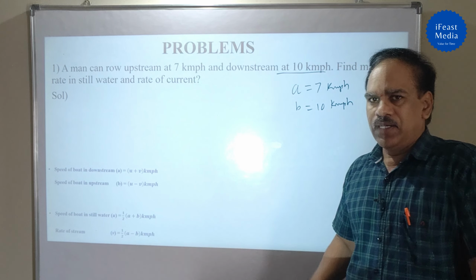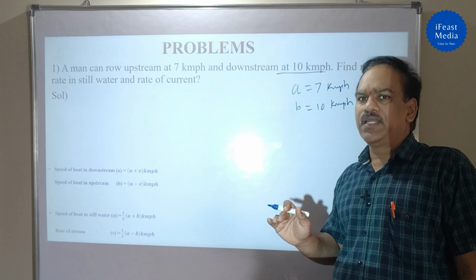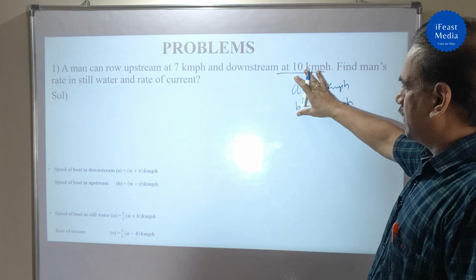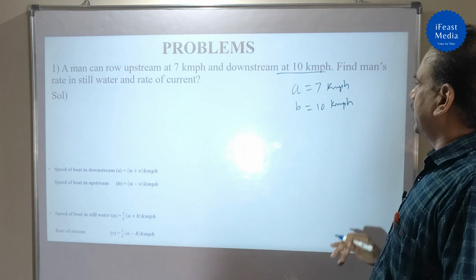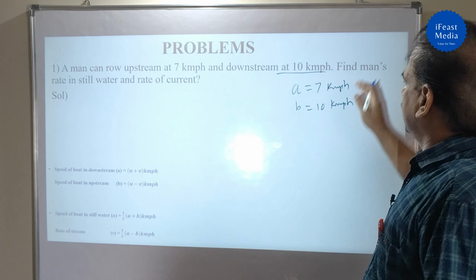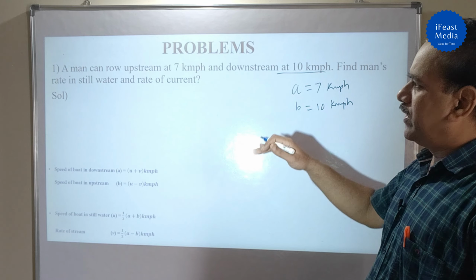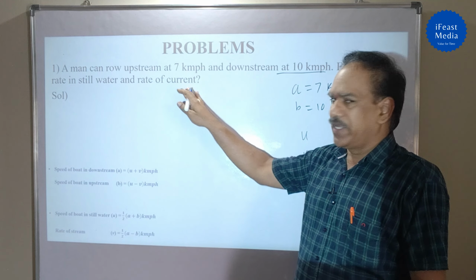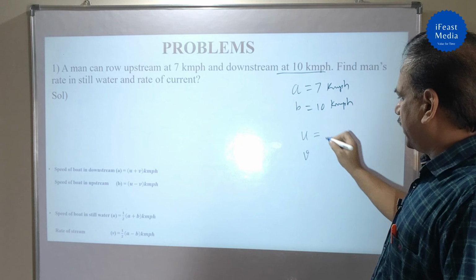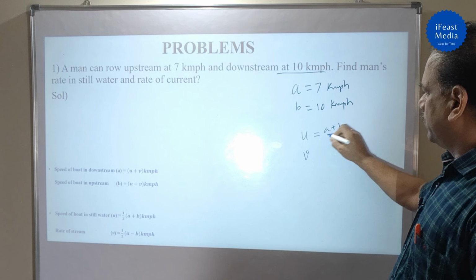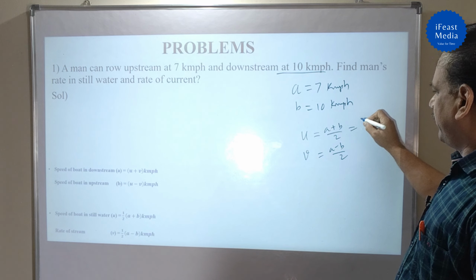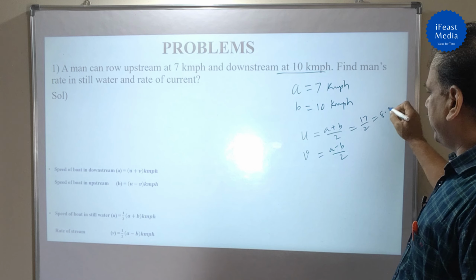So a man can row upstream and downstream means the speed of the boat in upstream and speed of the boat in downstream are given, which are nothing but A and B. We denote them by A and B. Find the man's rate in still water. That means you are asked to find U and V. Rate of the current is V. So what are U and V? A plus B by 2 and A minus B by 2. It is 17 by 2, 8.5 kmph